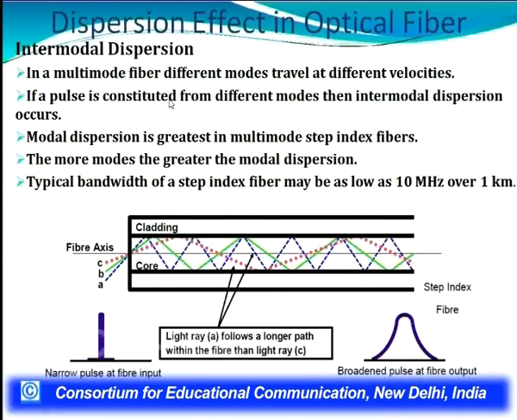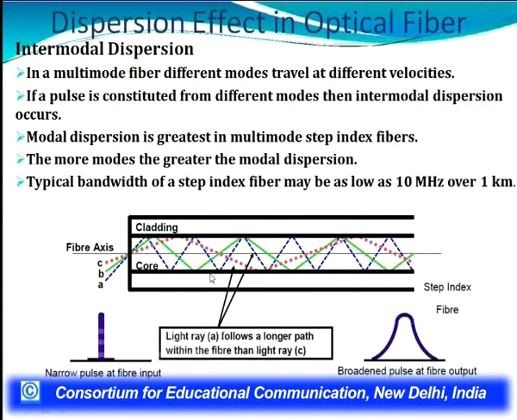Dispersion effect in the optical fiber: how we see from the diagram, first we discuss the intermodal dispersion. This is one of the types of dispersion in which, in a multi-mode fiber, different modes travel at different velocities. Here we see light moving C, B, A, other lights are moving differently, because we are talking about the multi-mode. So various light velocities can enter the fiber, and here we see that the light ray follows a longer path within the fiber than the light ray